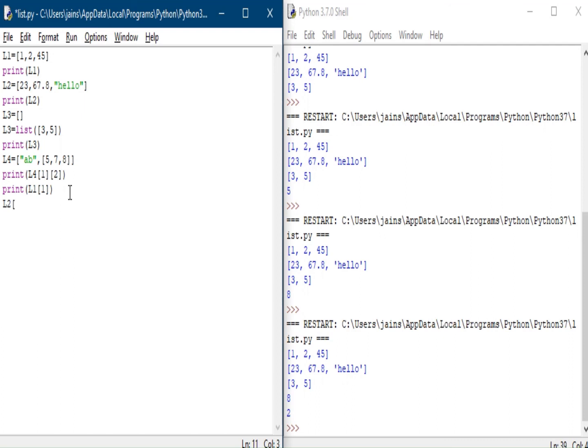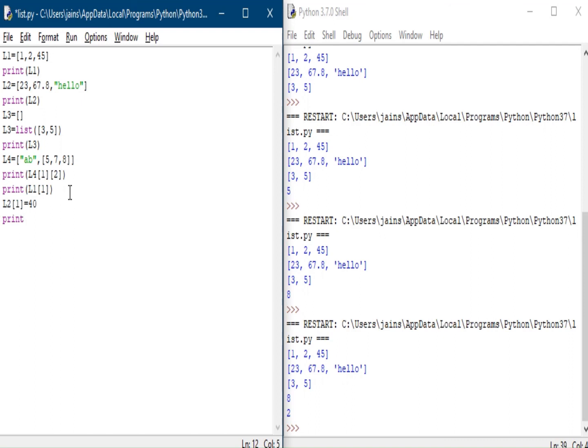Which element do you want to change? You want to change the second element. The index at the second position is 1. What value do I want to make? I want to make it 40 in place of 67.8.